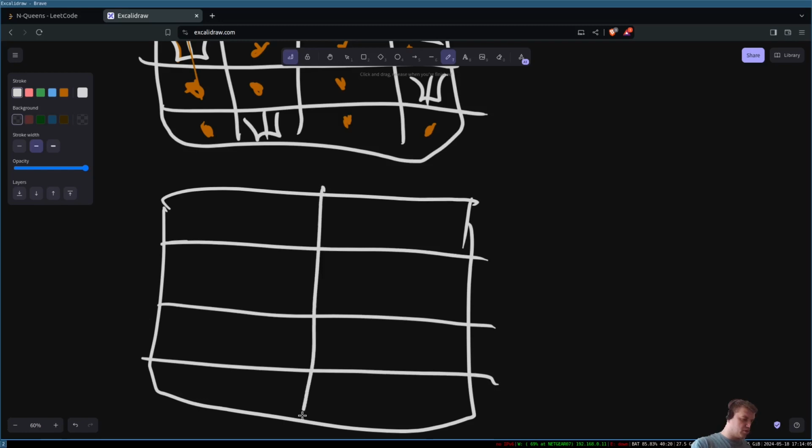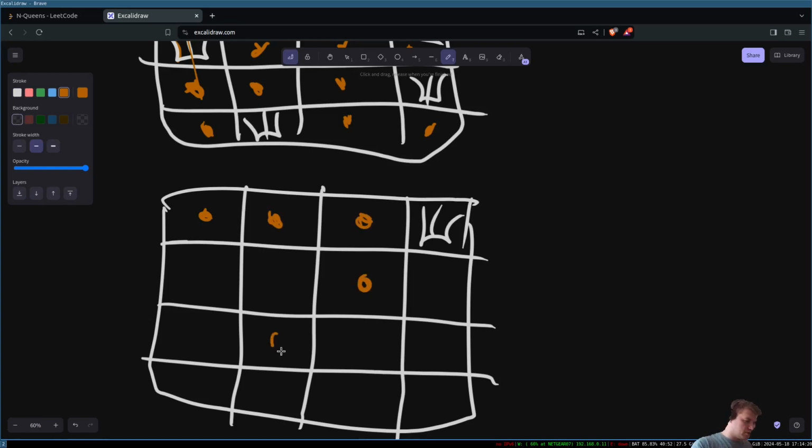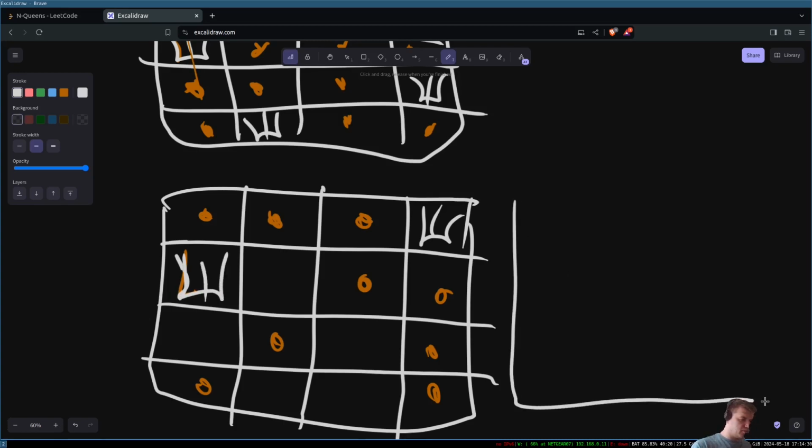If I put the queen there, I'll do the following. So I'll put the queen there, and I'll mark it like this, like this, like this. Now I have two options. The first option will be to put the queen here on the second row, and the second option will be